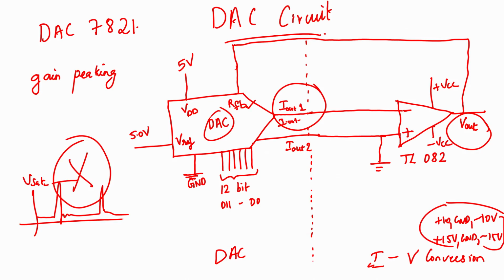So, what is the component that you usually use to smoothen out your signals? You guessed it correctly: the component used to smoothen out signals is the capacitor. So, we will connect a small capacitor, in the picofarad or nanofarad range, here across the feedback path and the input path, so that whatever peakings are there get absorbed or smoothened out by the capacitor.